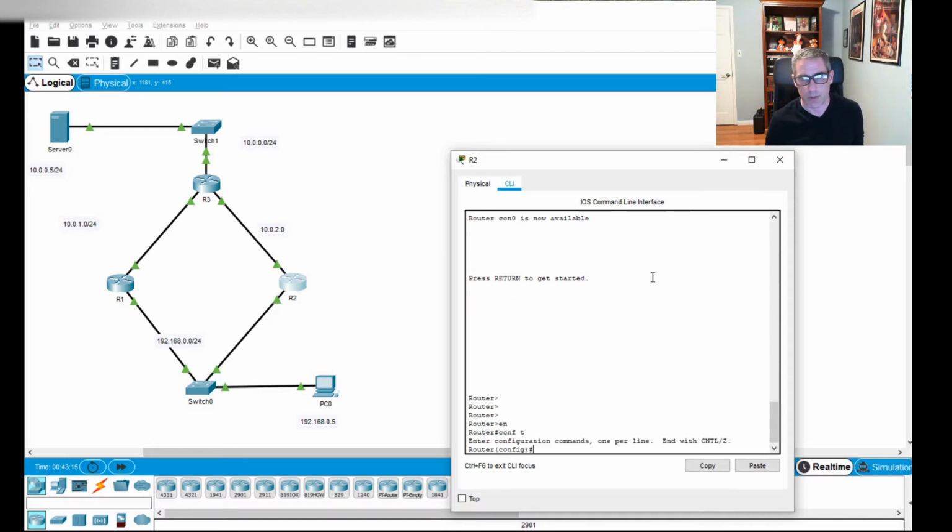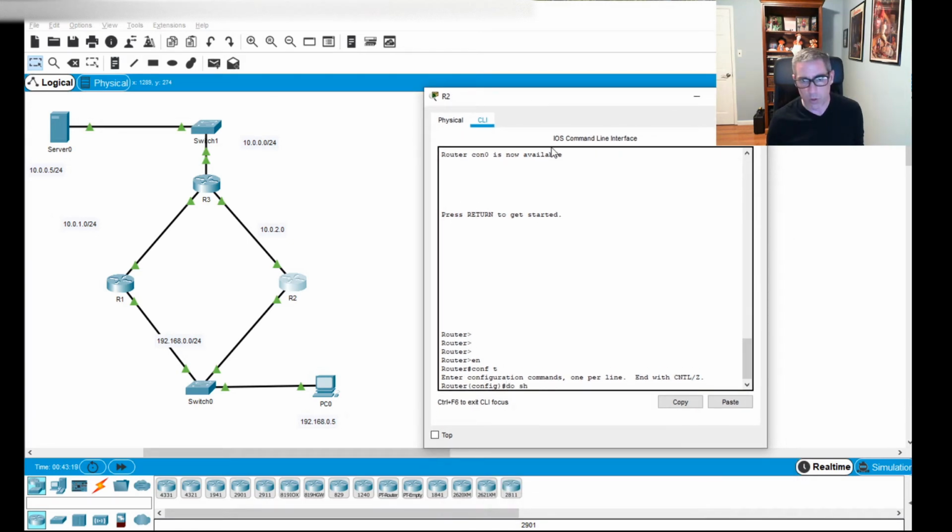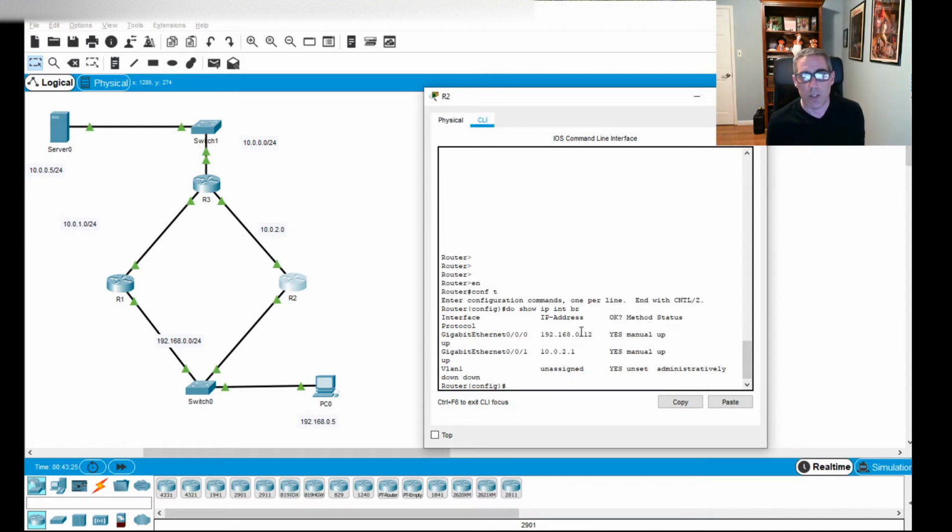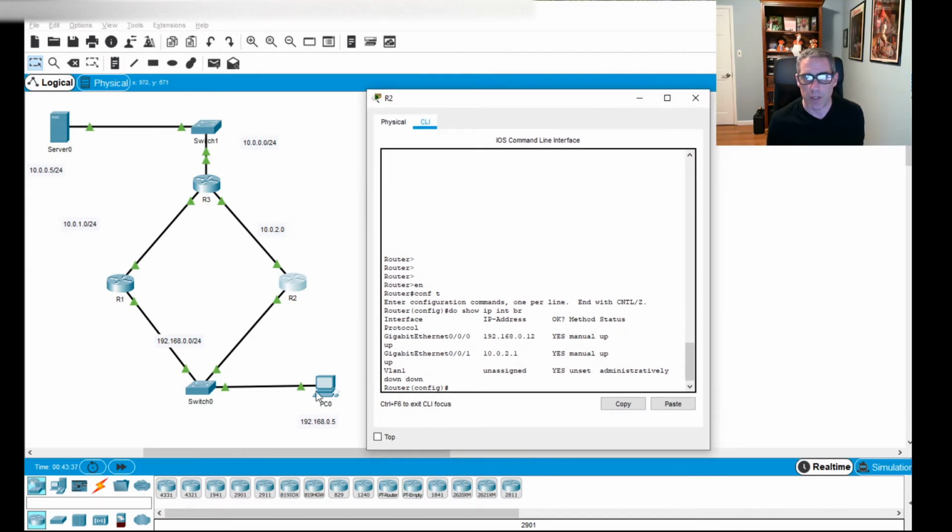Enable, and once again do show IP int brief. 0/0 is our IP address on this network, and in this case it's 12, as we saw when I was changing the settings on the PC. So we are going to interface